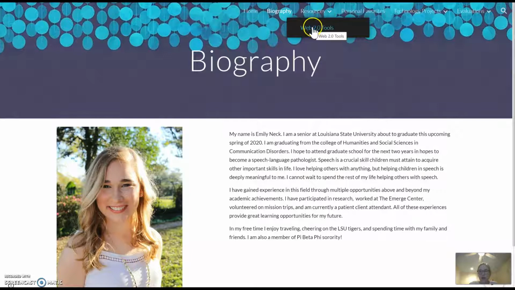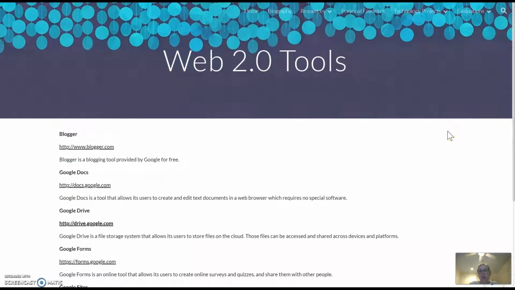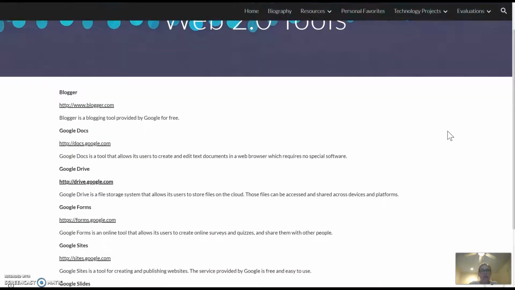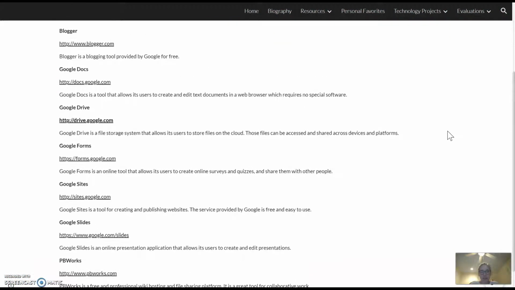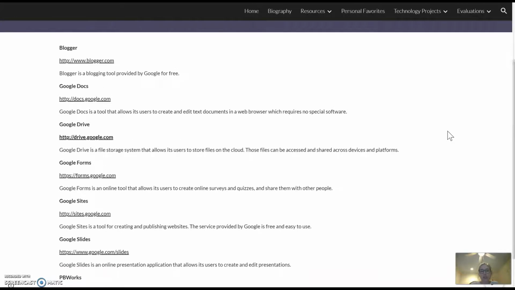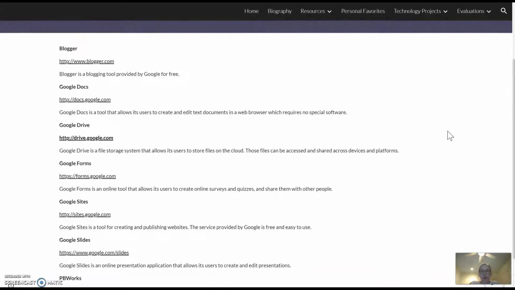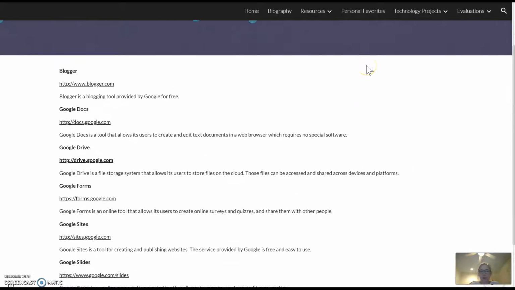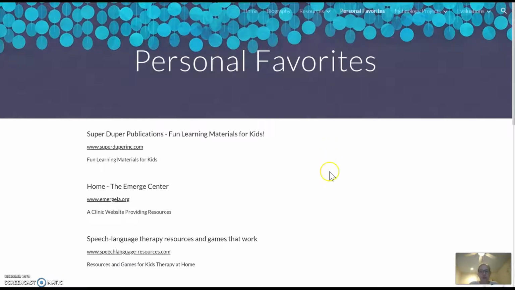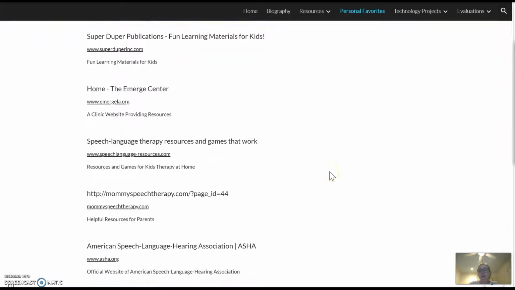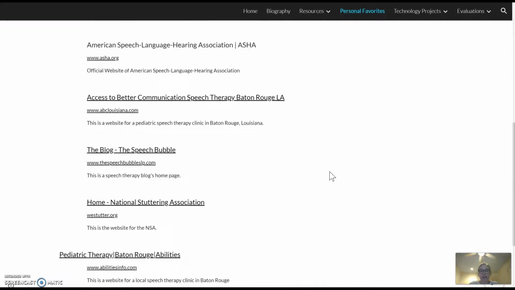So if you go on my resource page to Web 2.0 Tools, this is just a little page that has some websites you can use that are very helpful for web tools and just to be used in lesson plans or in life. Then I go to my personal favorites page, which has a bunch of awesome websites that I